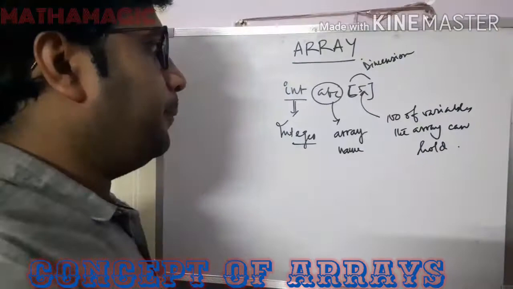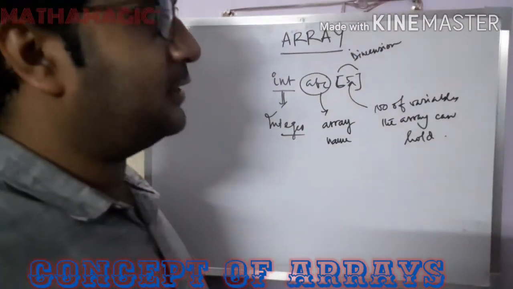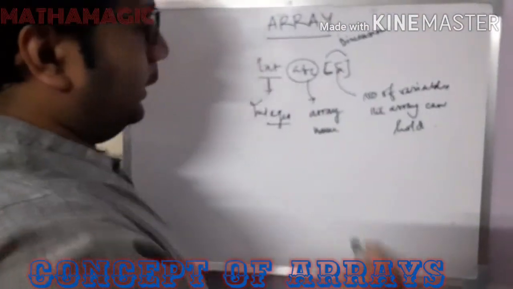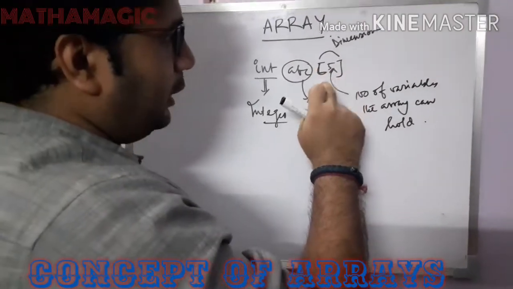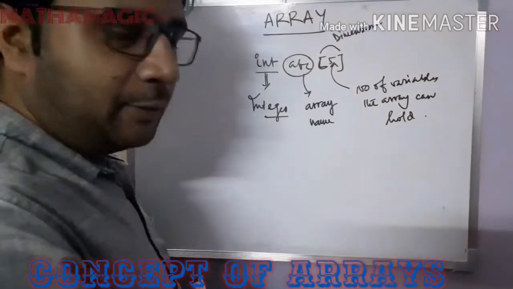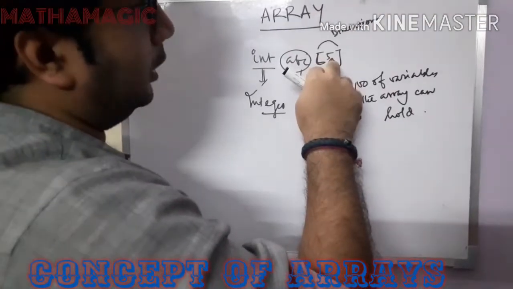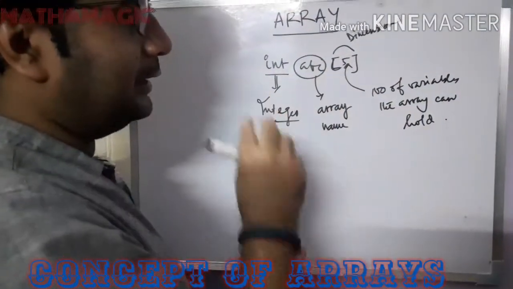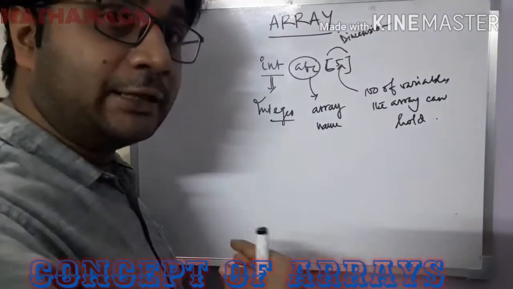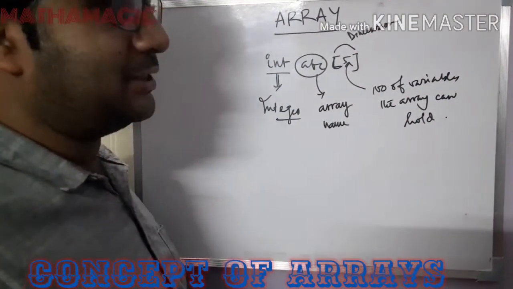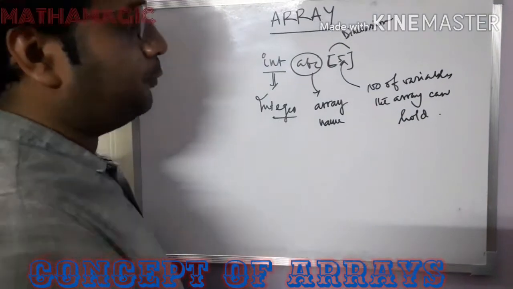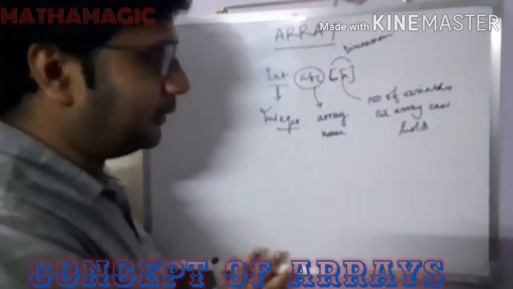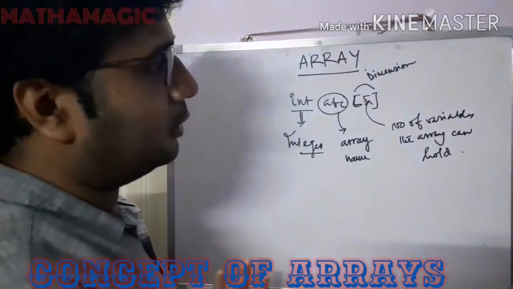There are only two dimensions within our syllabus, that is first and second dimensions. So we'll discuss first and second only. Here only one pair of third brackets is there, so this is a one dimensional array. Inside that bracket we have written 5. What does it mean? 5 means the number of values the array can store, the number of variables it can generate, or the number of values it can hold. That is 5. It could be 50, 500, 5000, but here we have written just 5. So this is the concept of array.